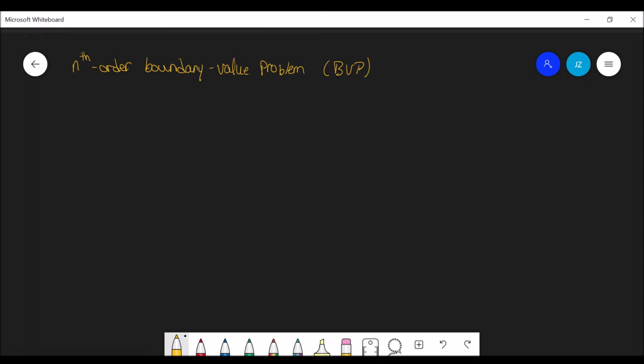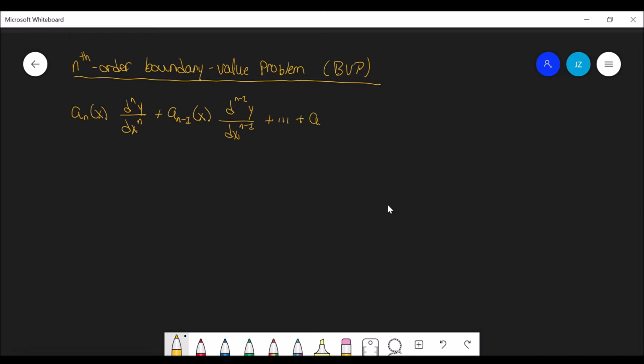For linear differential equations, it'll have the form a_n of x d^n y/dx^n plus a sub n minus 1 of x d^(n-1) y/dx^(n-1) plus so on and so forth plus a1 of x dy/dx plus a0 of x y is equal to g of x, given the boundary conditions